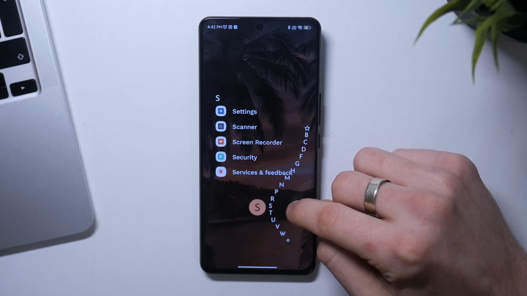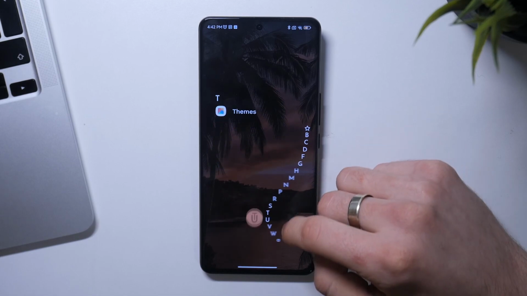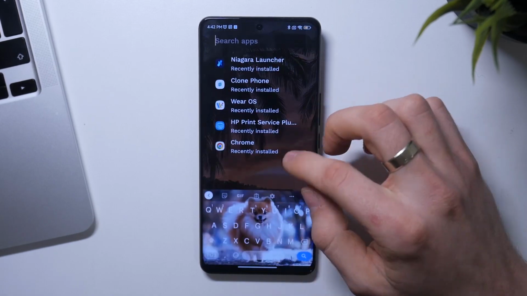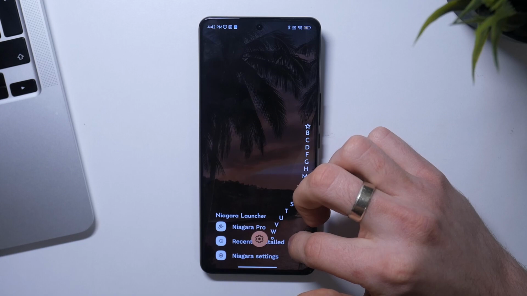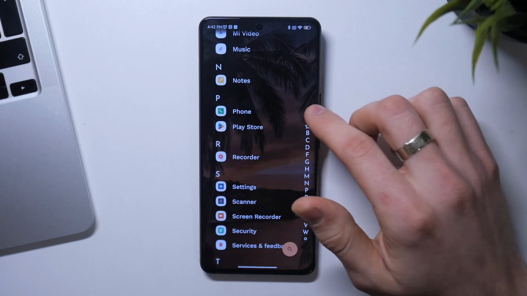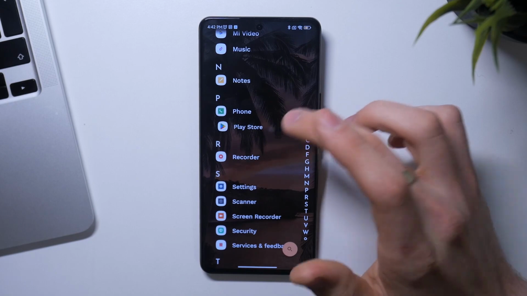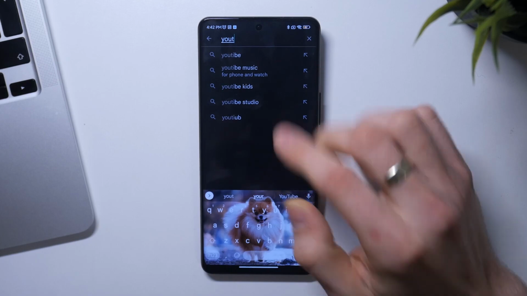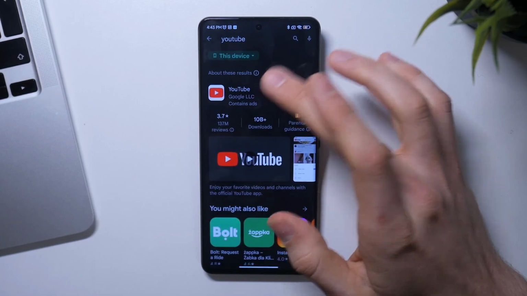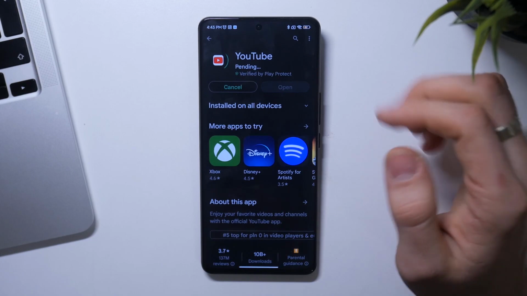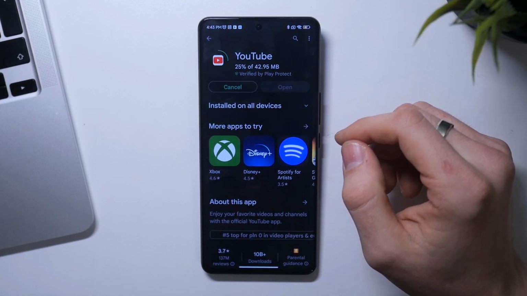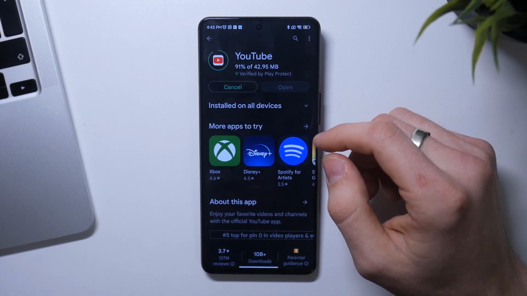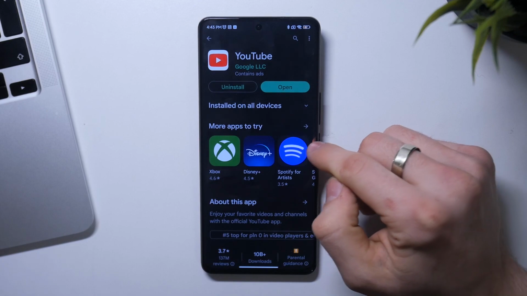I don't know why, but here I have no U button. So maybe I have no YouTube. Is it possible? Wait a while, I need to check it. Yes, I have no YouTube, so I have no Y letter. I thought that YouTube is pre-installed there, but on Xiaomi maybe not, because it's a Chinese version of the Xiaomi